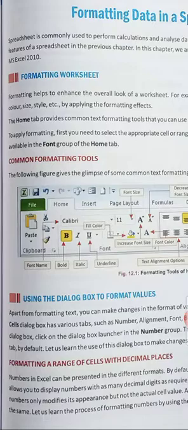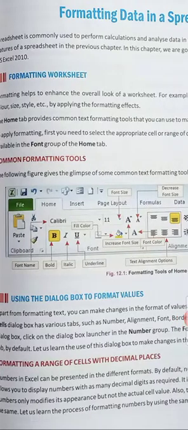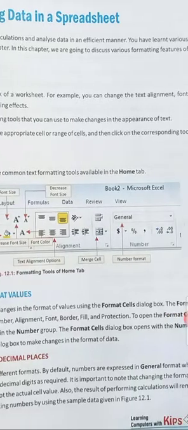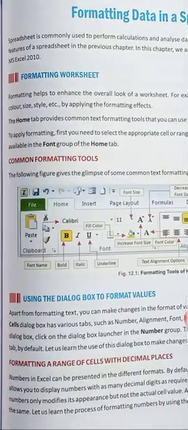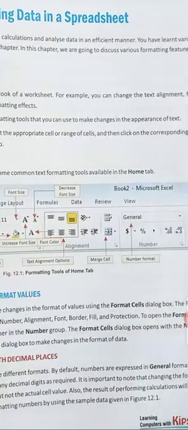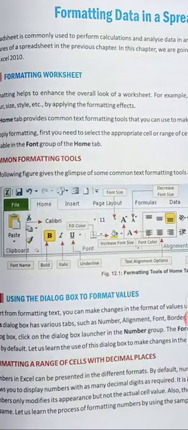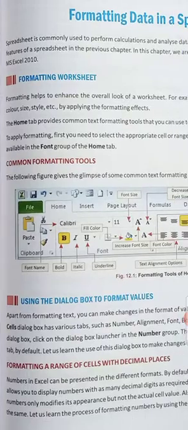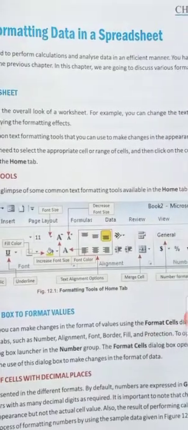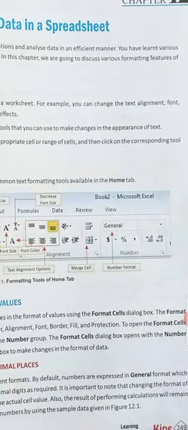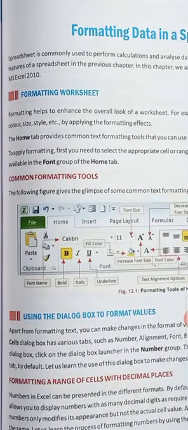Numbers can be presented in different formats. By default, numbers are expressed in general format, which allows us to display numbers with as many decimal digits as required. It is important to note that changing the format of numbers only modifies its appearance but not the actual cell value. Also, the result of performing calculations will remain the same.